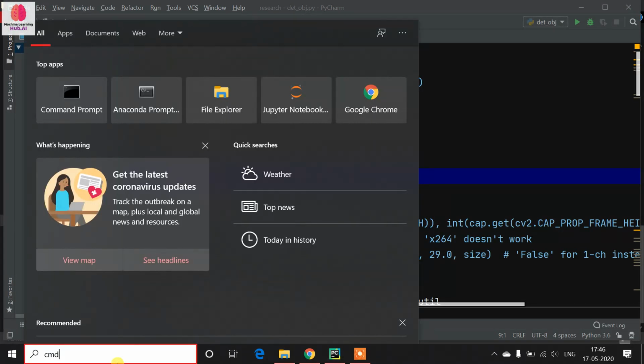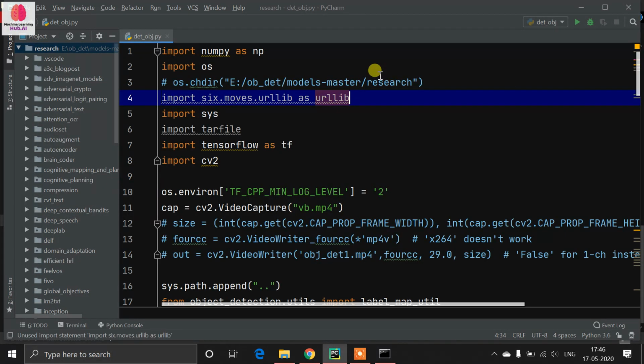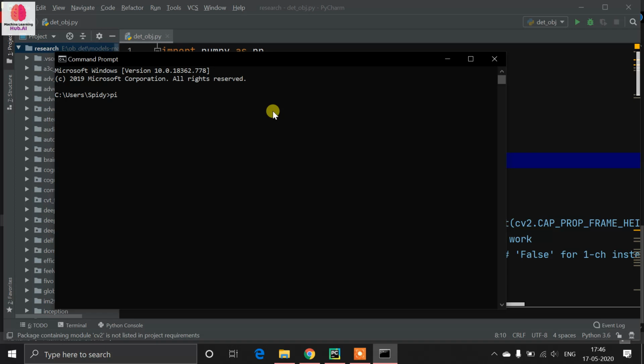Now open your command prompt, or the Anaconda prompt if you use Anaconda. We need to install some libraries. For this kind of work we will need NumPy, TensorFlow and the computer vision library, CV2. So pip install tensorflow. Remember one thing: if you just write tensorflow, it will install the newer TensorFlow 2.2, but this will work only on versions lower than 2.